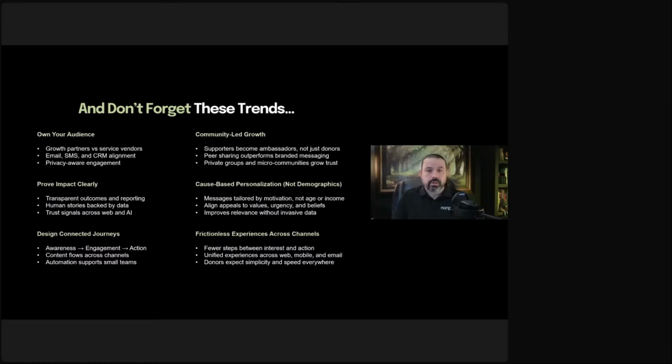Community-led growth. We're starting to see that supporters are becoming more and more ambassadors. Now everyone with a phone, everyone with a social media account can be an ambassador. They can do a quick video and again, get a million views. Now with the algorithms on social media, with the algorithms on all of the types of announcement marketing that we can do, we're starting to see that it's focused on people who are interested, not necessarily people who are following you, which is really good news.